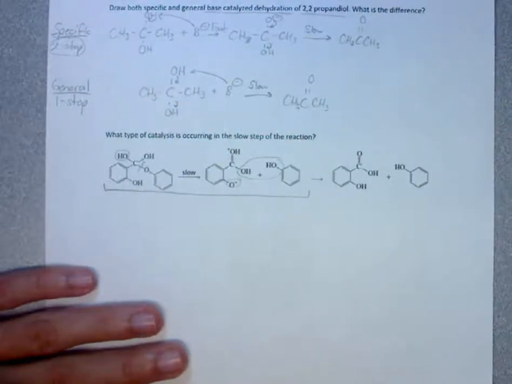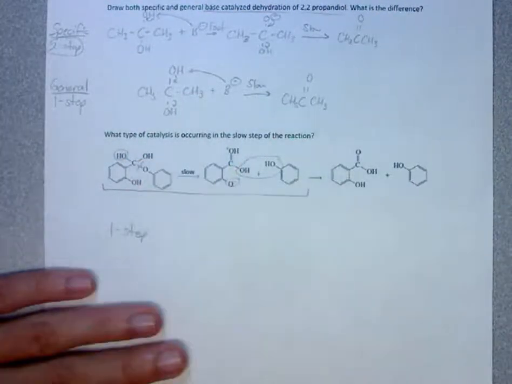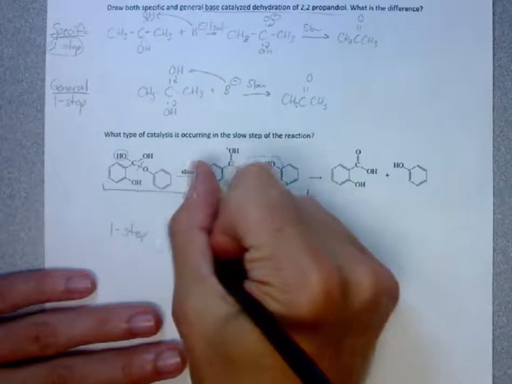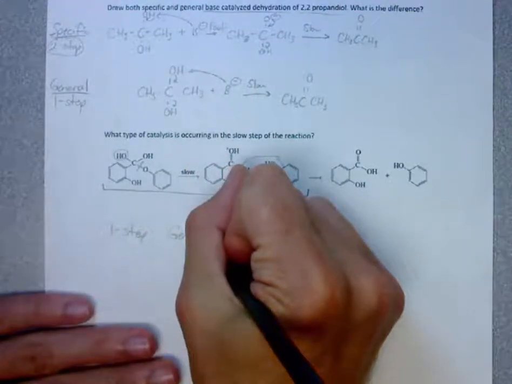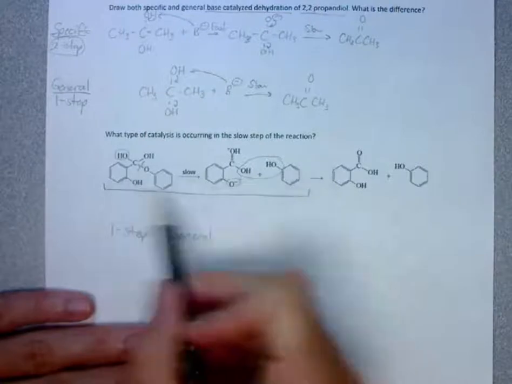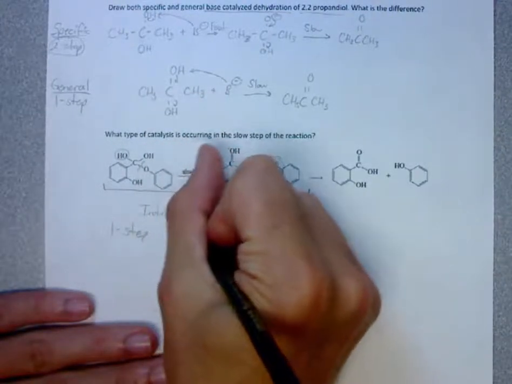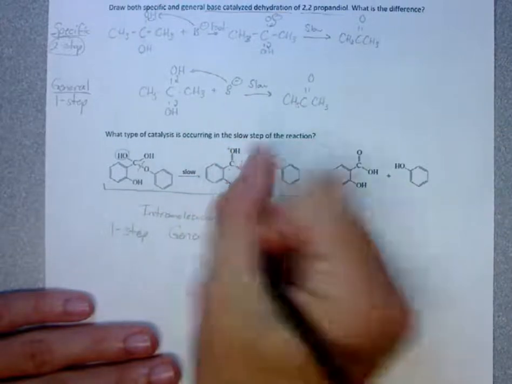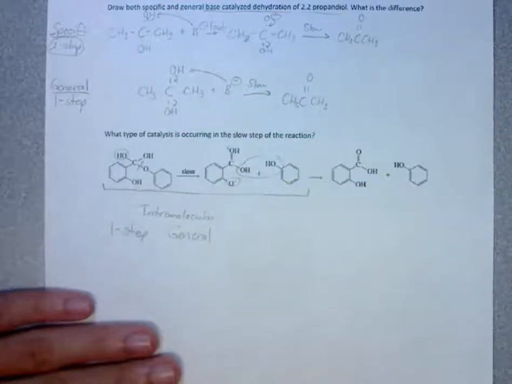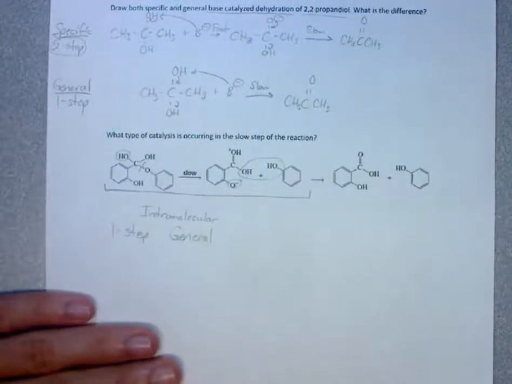Since we have one slow step, this is going to be most likely general. Since we're not adding a catalyst, we only have our molecule here. This is going to be intramolecular. Now we need to determine if it is acid or base catalysis. Now for the mechanism,